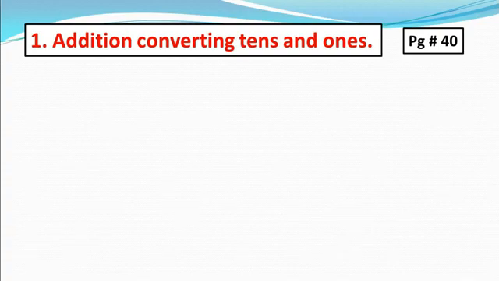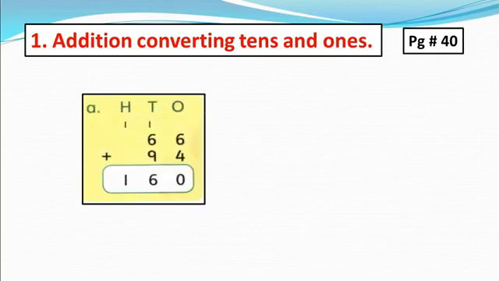One has been done for you, in which there are 6 tens, 6 ones, and we add 94 more in this. Now add, start with ones. 6 plus 4 equals 10. As you know, we cannot write 10 in ones column. So here we will have to convert 10 ones into 1 ten and 0 ones. Now we write 0 in ones column and put 1 ten into tens column above 6.